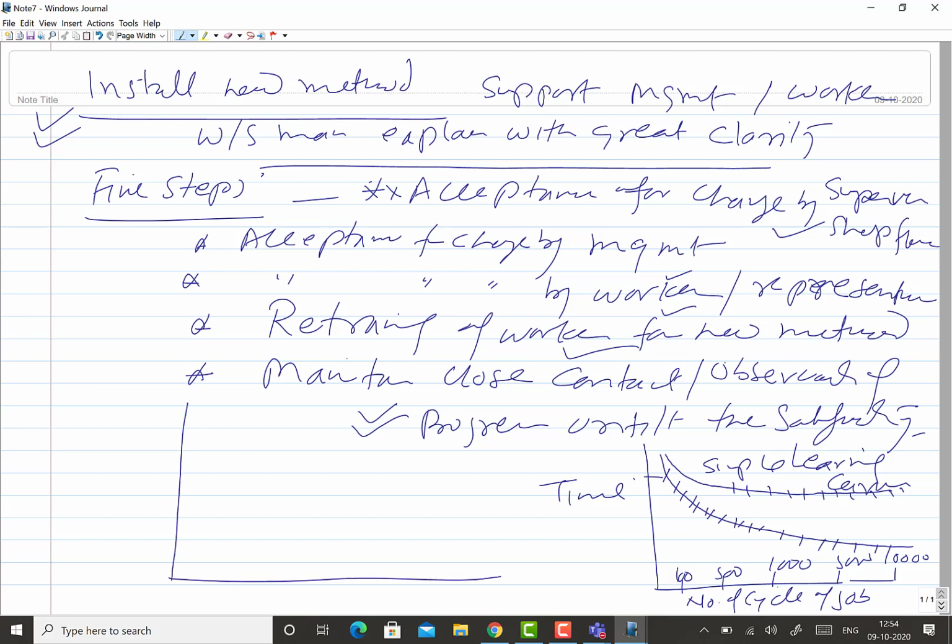So this typical learning curve goes like this, with the number of cycles or practices and the time. It depends a lot on the complexity of the job after how many cycles or practices it will get stabilized. The worker should be given enough time, or should be given the learning allowance. This is given for new jobs or for new workers both.